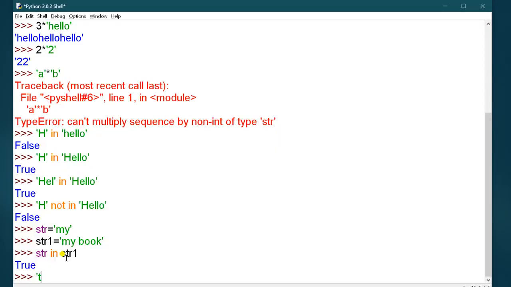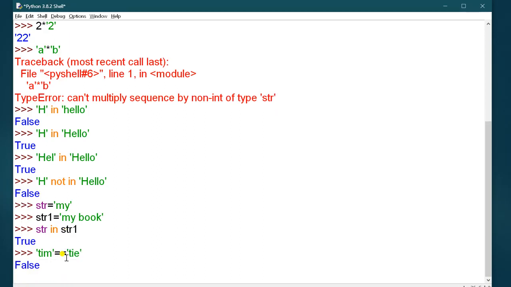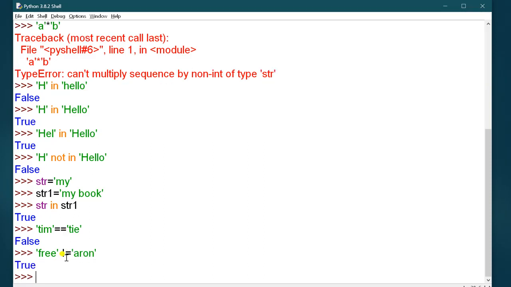For example, I am writing Tim is equal to Ty. It will give you the result false because Tim is not equal to Ty. If I write free is not equal to Aaron, it will give you the result true because free is not equal to Aaron.